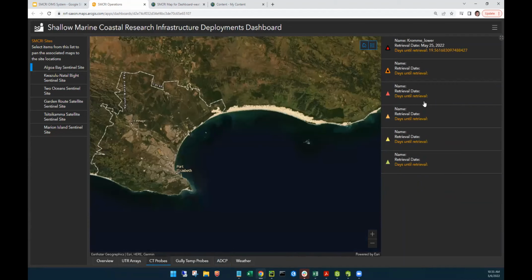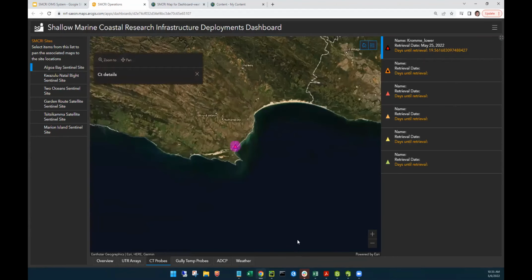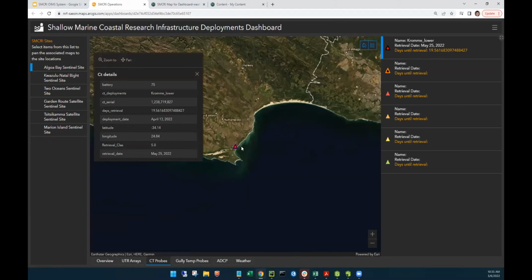Basically the way that it works is that this list is designed to show the technicians, in terms of priority, how many days until a particular instrument needs to be retrieved. How do we deal with this sort of thing logistically? So this list is interactive, and it causes things to happen on the map. If I click on this Kromaloa, you'll see that it automatically pans the user to where that particular instrument is located. And then it also brings up all of the ancillary metadata